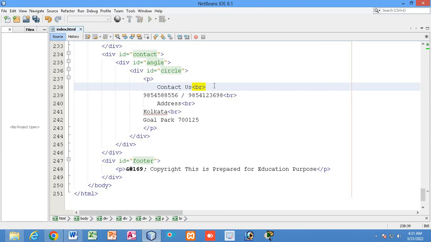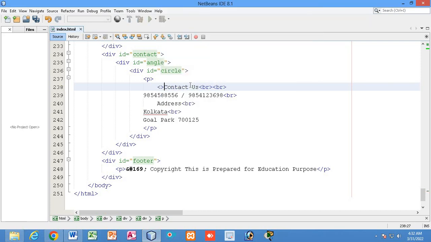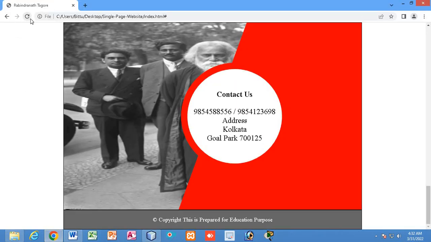I will give 2 BR, and here I will be using strong, right? Strong. If I use strong, then you can see. Okay, so this is the address in the contact us, and in different ways you can do this.